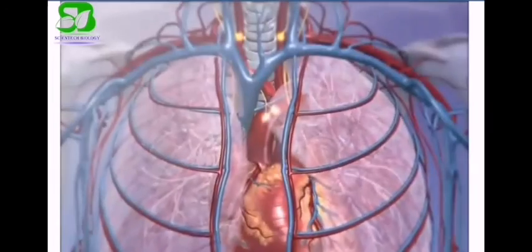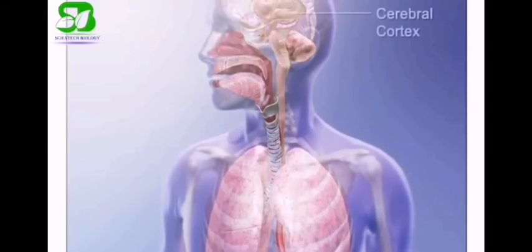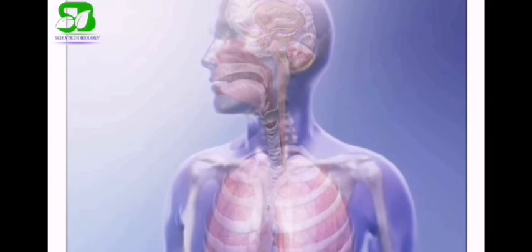When the body uses more oxygen, sensors in the blood called chemoreceptors send signals to the brain. So the rate of breathing